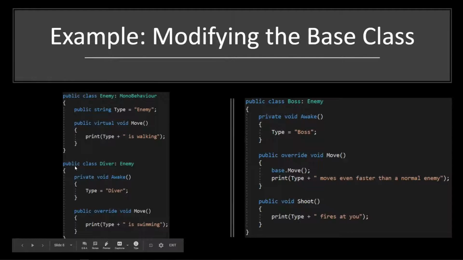So for example, we could derive a new class, which is called a diver. We can derive a diver from an enemy, meaning a diver is an enemy, but it might have additional new functionality, like it might have its own awake function. And in that awake function, we may access and set these variables that are part of the class to our own values. So here we're not really overriding.